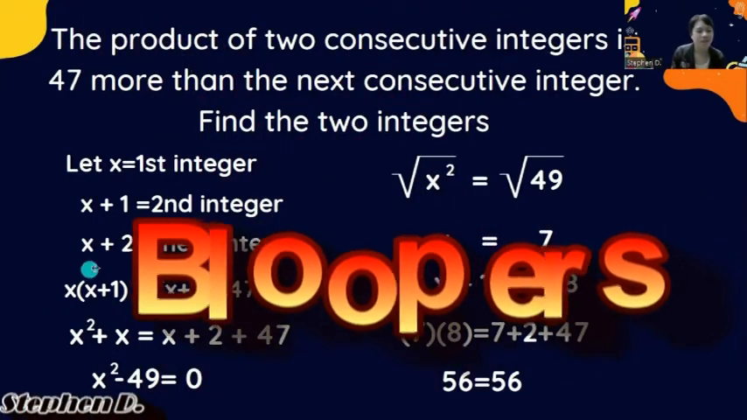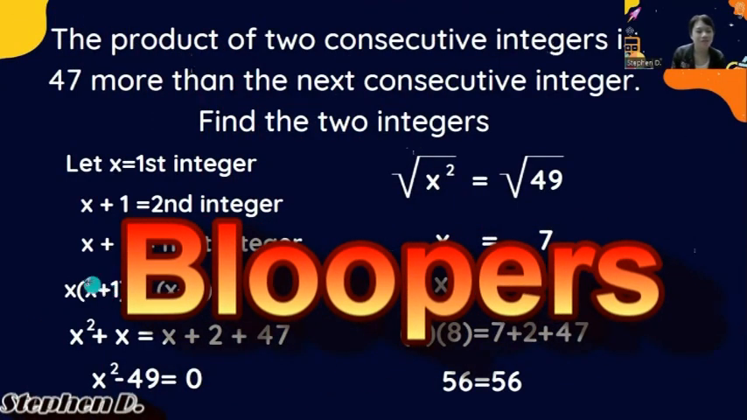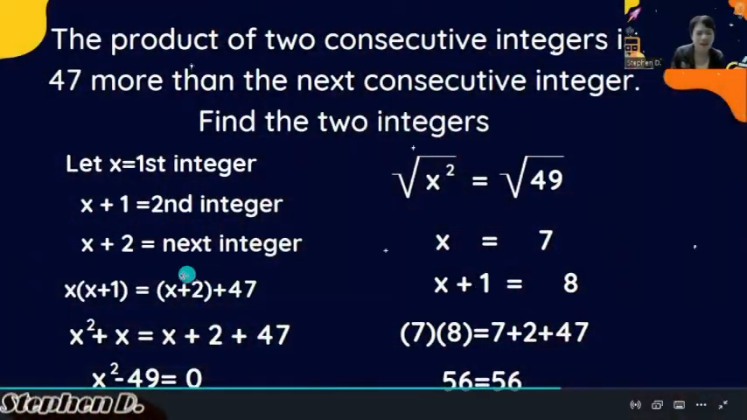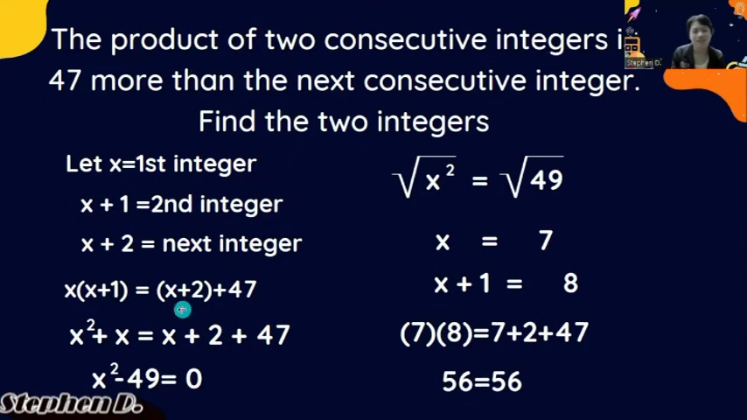So we distribute our x there. So we got x squared plus x. And then x we